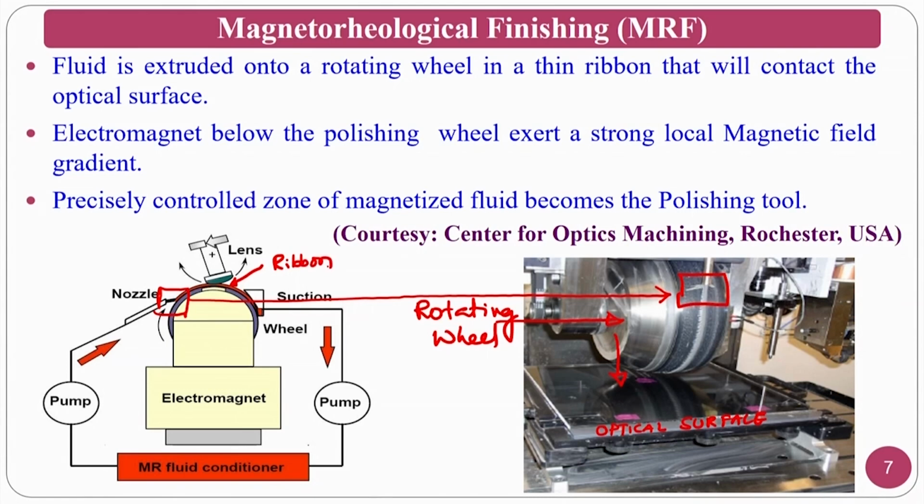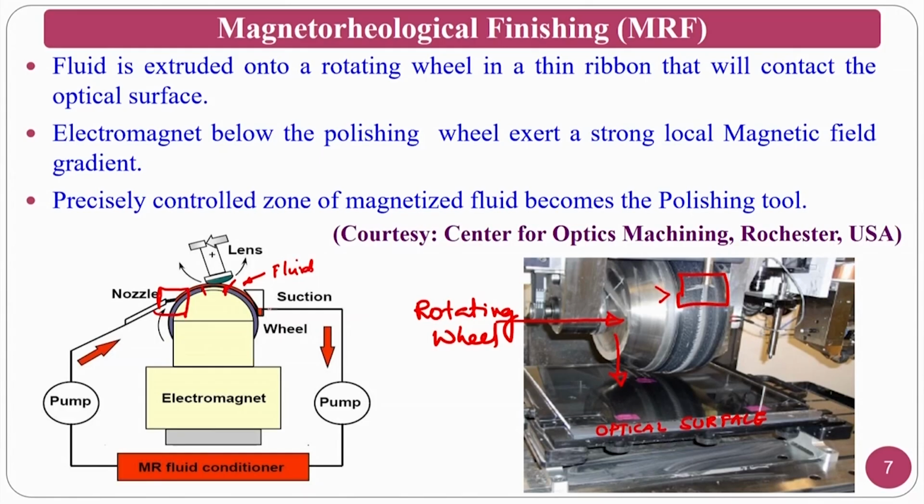Okay, the thin ribbon is forming, and you have a lens. Lens polishing is taking place, and the lens is abraded against this ribbon. Once the magnetic field is completed, how do you know? You can see here that you have a magnetic field. The yellow portion here is the magnet that one can keep. Once it crosses this particular location, again it will become a fluid,